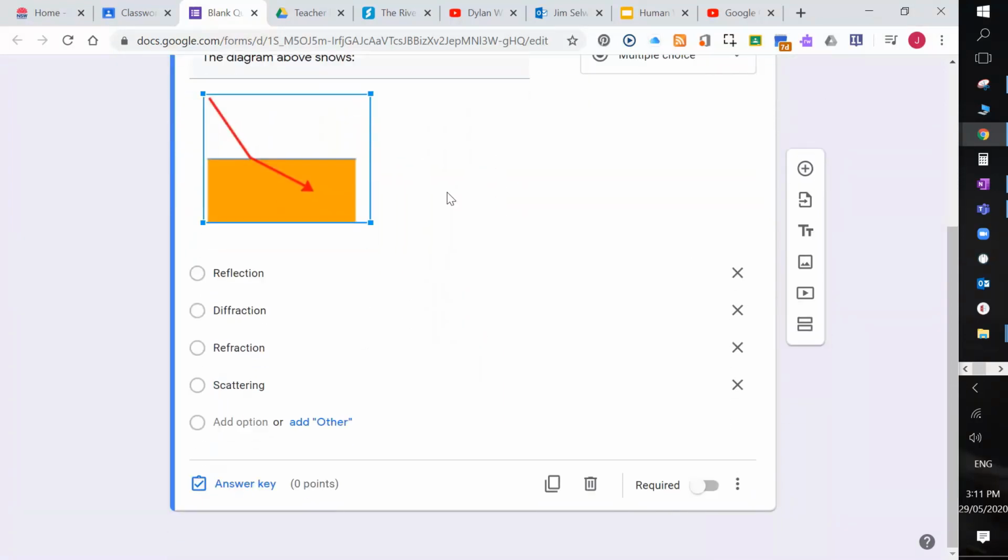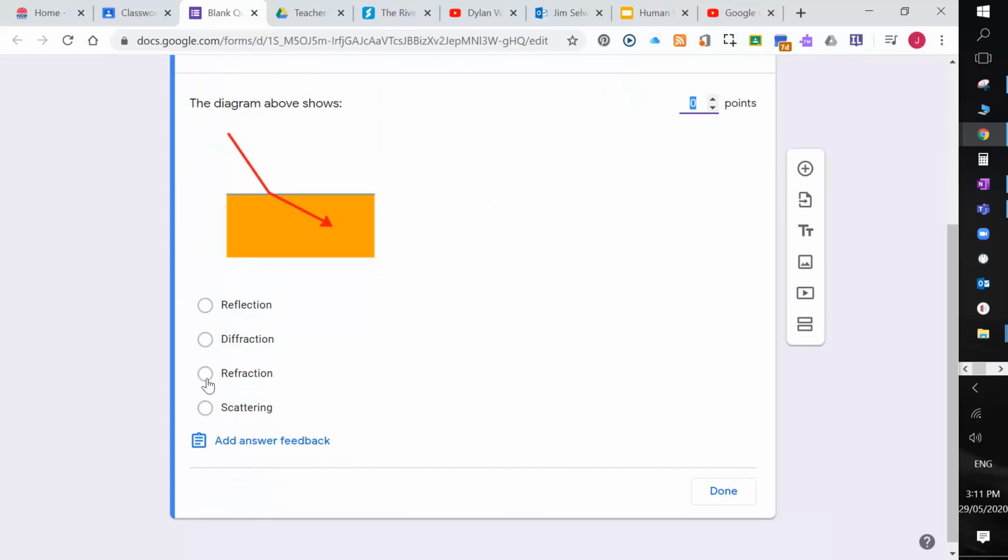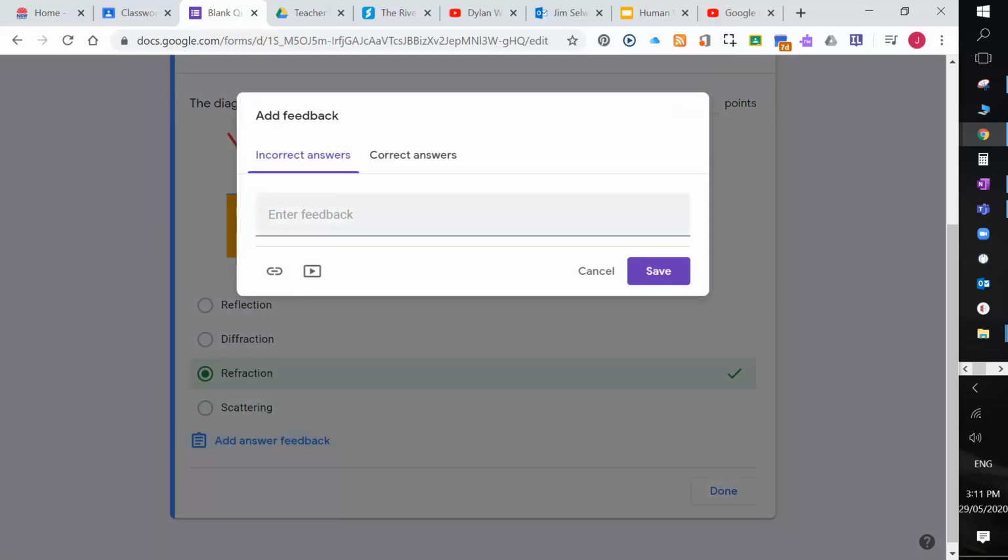So here you can tell it which is the correct answer. Click on answer key. This is refraction, so that is the correct thing. But you can also add feedback for incorrect and correct answers. So here you can put refraction. Forgive me, science teachers, if I get this wrong. Waves bend when passing through a medium